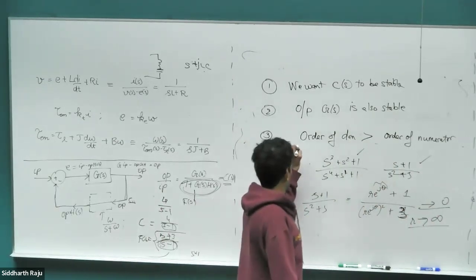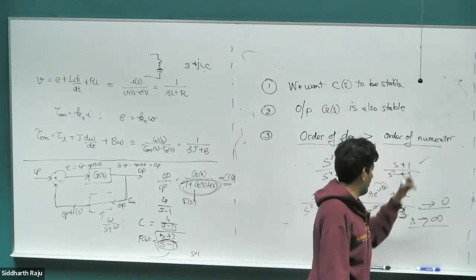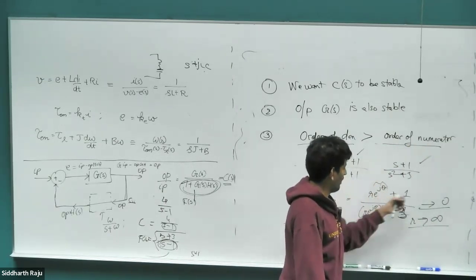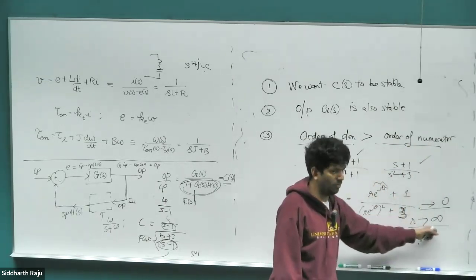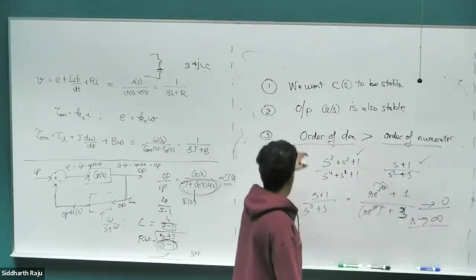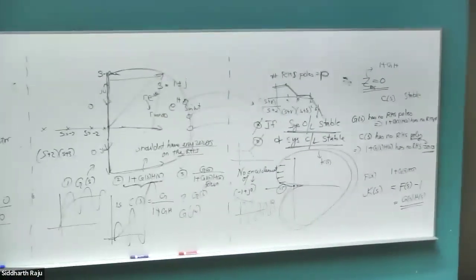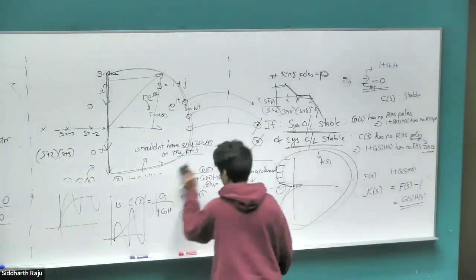Okay, so whenever you have the order of the denominator greater than the order of the numerator, the denominator goes towards infinity much sooner than the numerator. So this whole system goes to 0 as R goes to infinity. Right, so that's the reason we put this third constraint. There is nothing within Nyquist itself that requires us to put the third constraint. It is just for this case so that we can